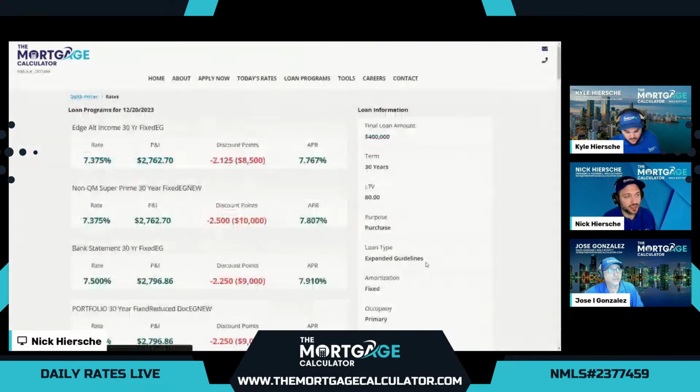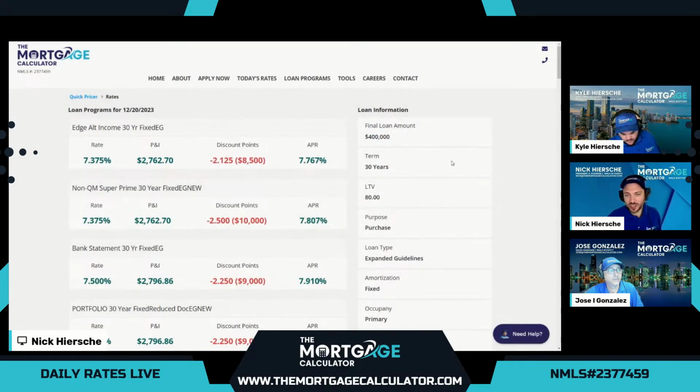So let's check out the bank statement options this morning. And again, not much changes with non-QM. It stays pretty steady. So this is about the same as it was yesterday and all week. 7.375 rate, 2.125 discount points in cost, puts the final APR at 7.767. So obviously, non-QM bank statement options are a little bit higher than conventional. We were beating conventional for a bit there when rates were crazy, but this is more standard. It's a little more than 1 point difference for our customers who have trouble qualifying for conventional to go to a bank statement option.